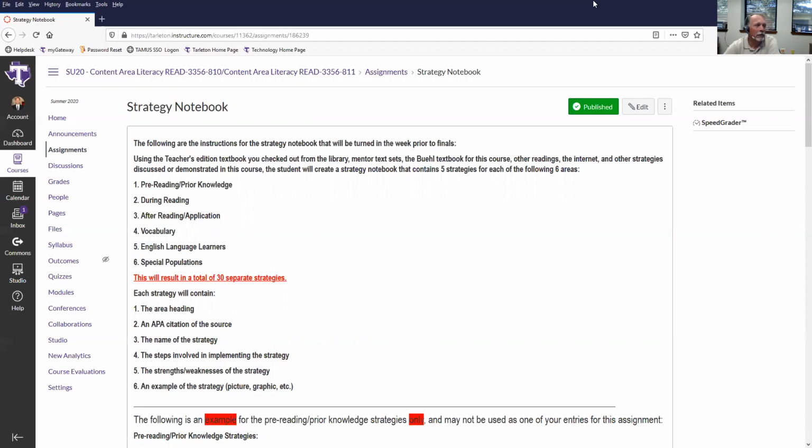So let's talk about that for a minute. All right, so let me explain the directions here so that you know what you're going to be doing. You're going to be creating an online notebook. It's not going to actually be a book that you put together, although I recommend that you maybe print these out and put them in a book so that when you're a teacher, you'll have these strategies